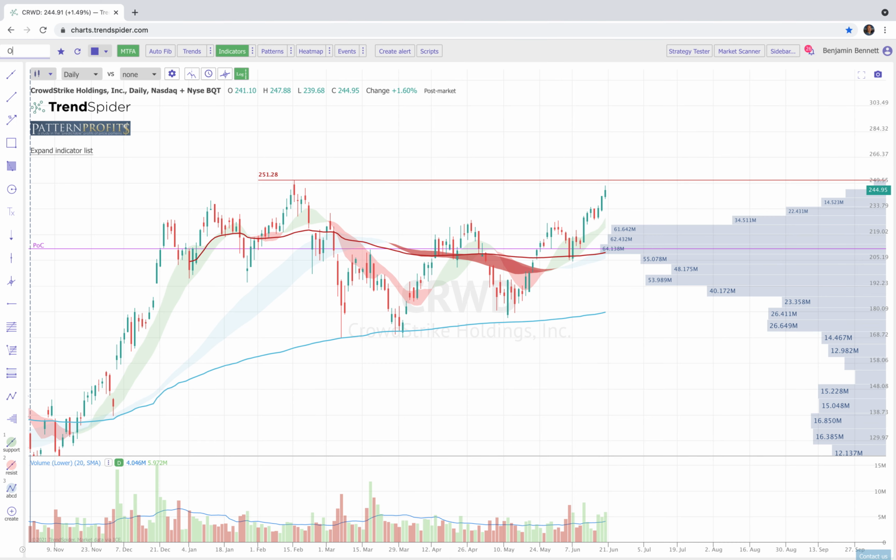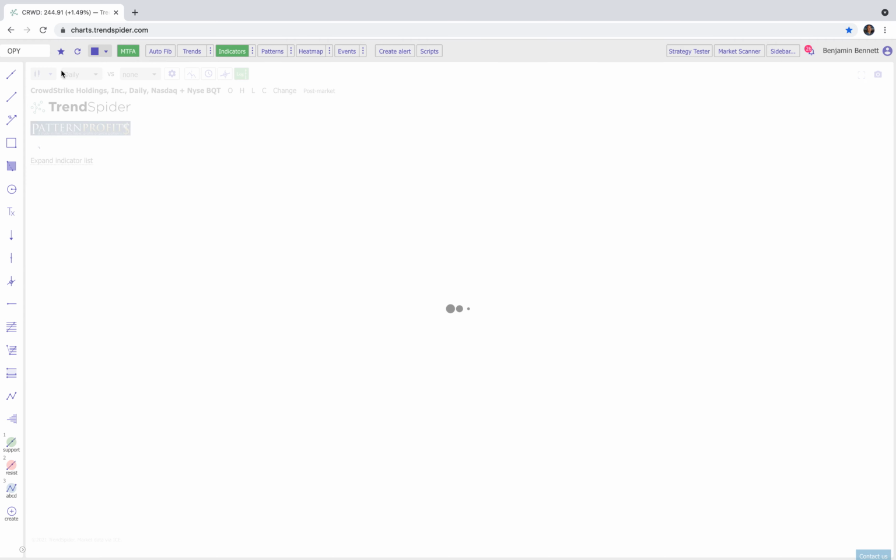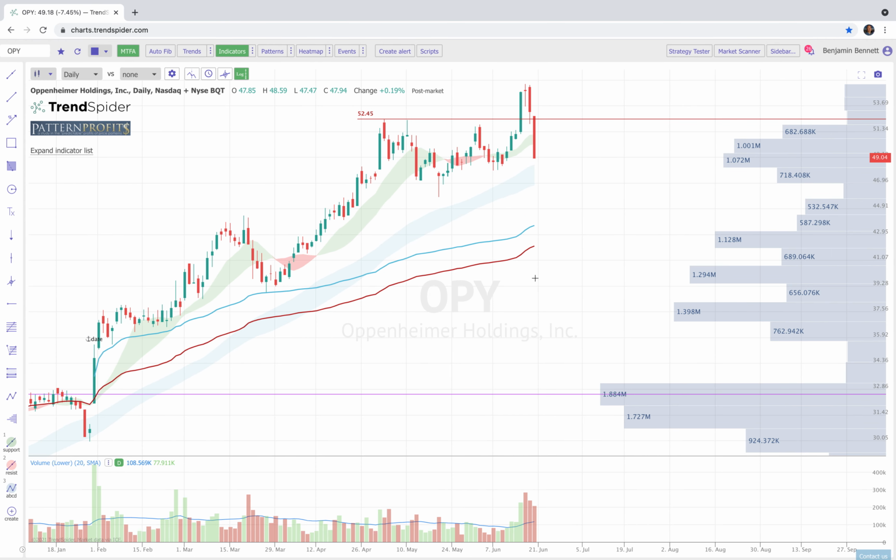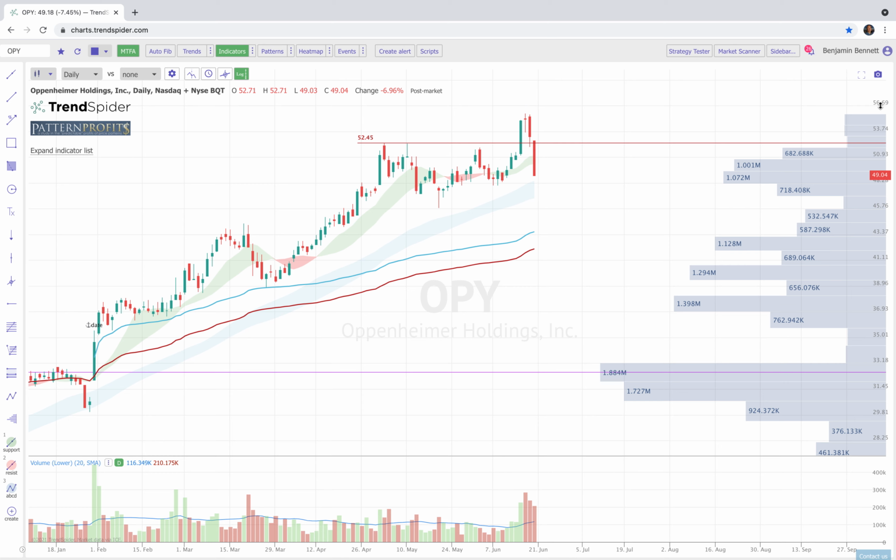Why we keep it tight is because this is what can happen. This looked good, came through the pivot of 52.45, good volume. So back here, you're thinking you're in great shape, made a little progress on day two, and then completely rolled